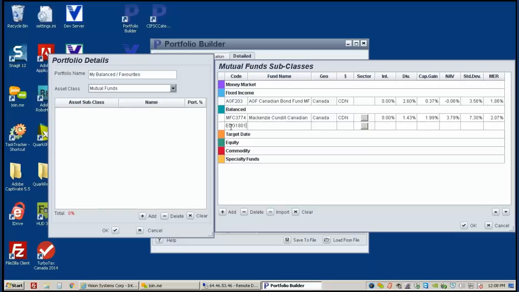Now, the data that I'm loading in comes from Fund Data, and the database that they provide for us and that's built into the software now has 53,000 listings, and that includes mutual funds, segregated funds, and ETFs. The other thing that you can do to load data is you can actually do an import from Morningstar's Advisor